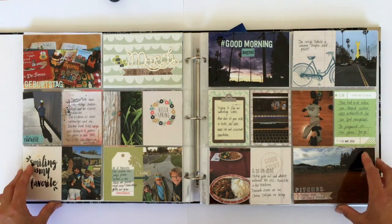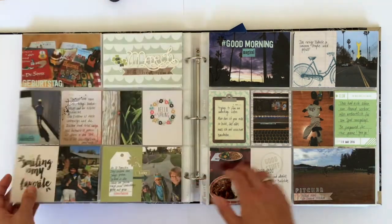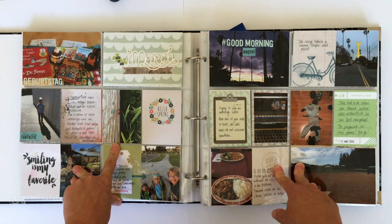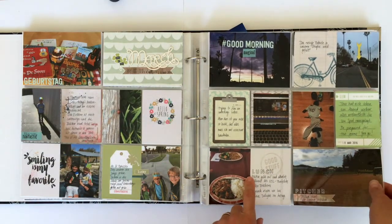I used a wood veneer that I got from a rack some time ago, but I really love that Good Morning photo on the right side. I love how the letter stickers and that washi make it pop, and so I'll just go on to the